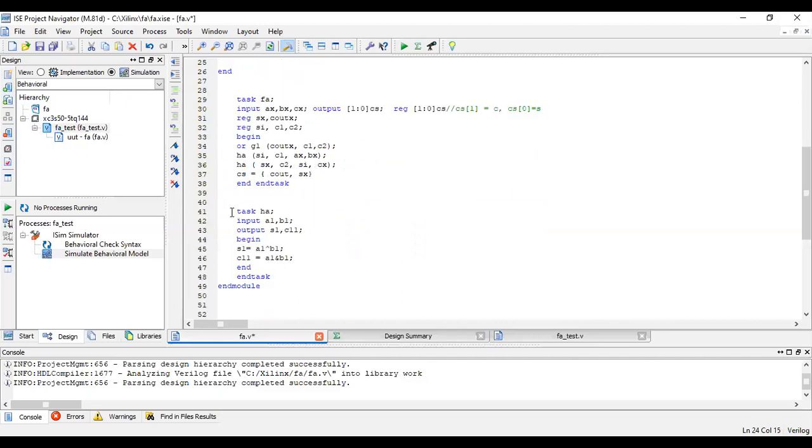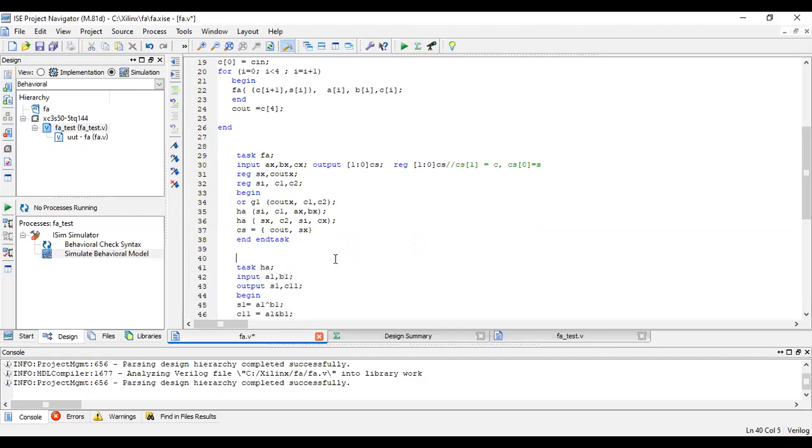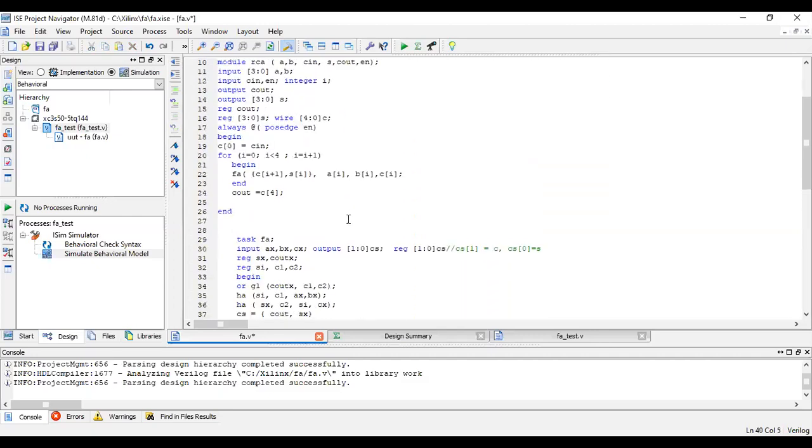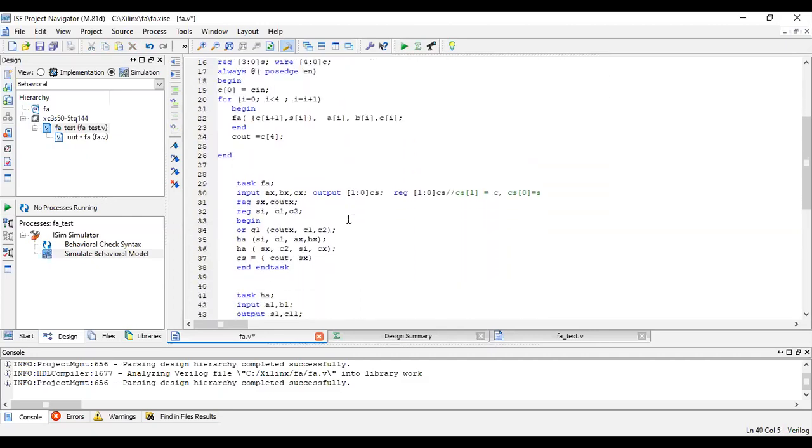Then I have task half adder, end task, and end module. So this is all regarding your ripple carry adder using task. It is similar to the structural model, but the order of referencing, the syntax and the formatting is different. Again, you can simulate this model and see the results for the 4-bit ripple carry adder we have done. Thank you.